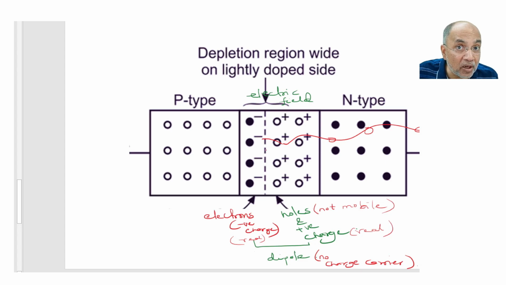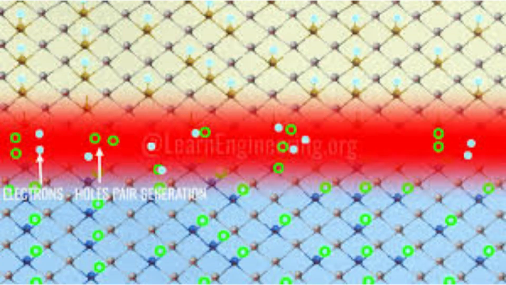These electrons were not mobile. Let me tell you, they need some energy. That energy is provided by sunlight, the photons present in the UV and visible light in the sunlight. So once one electron per silicon atom is dislodged, you get hundreds and thousands